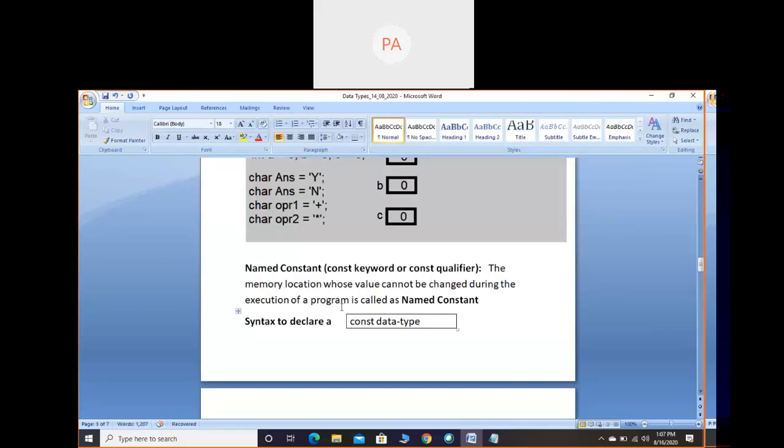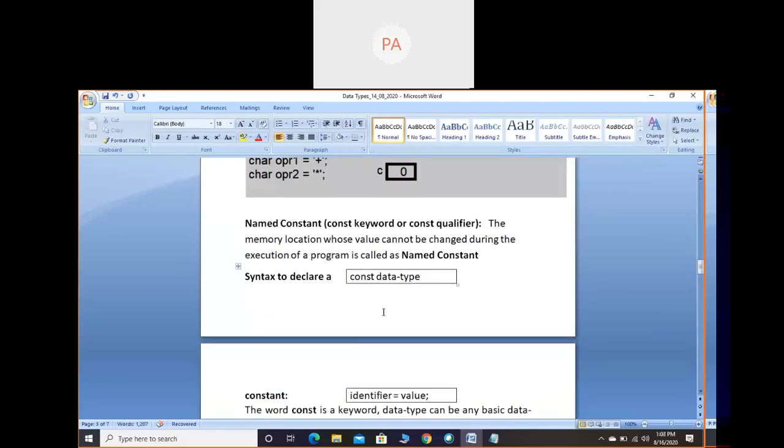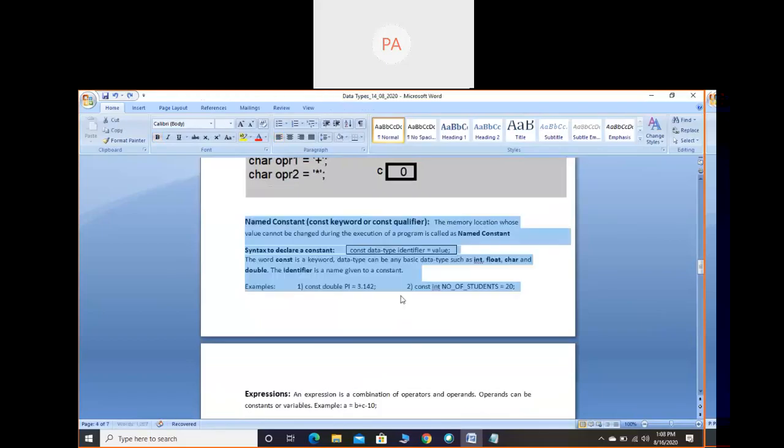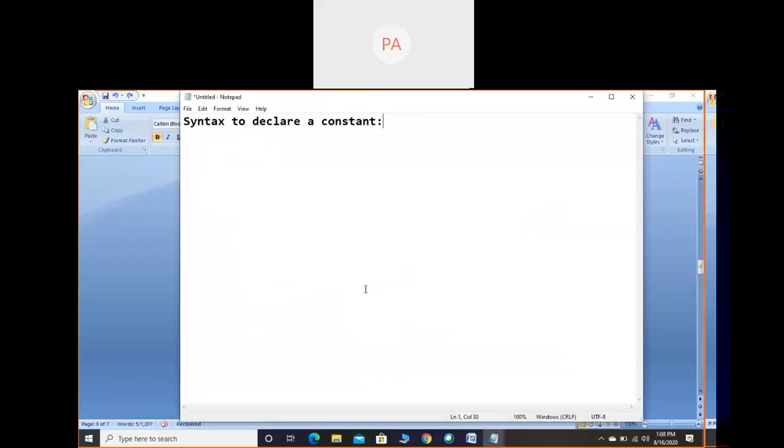Okay. So the syntax to declare a constant. One minute. So write this on notepad so that it will be clear for you. The syntax to declare a constant is